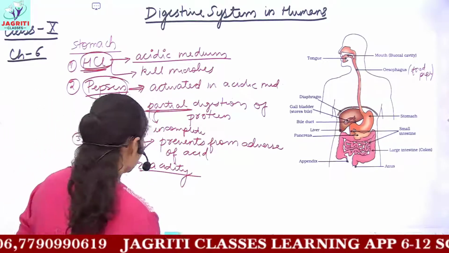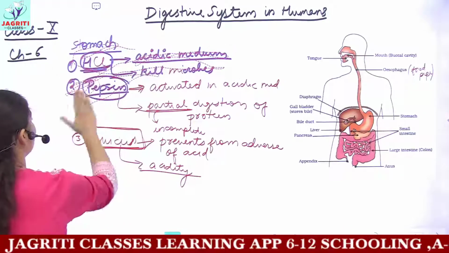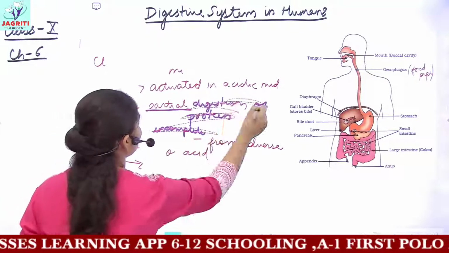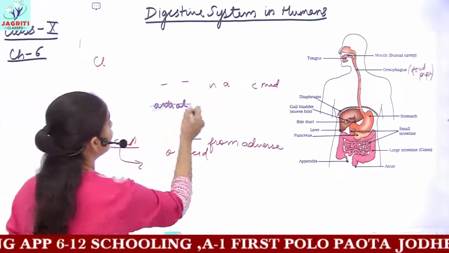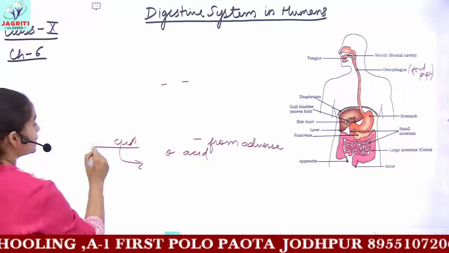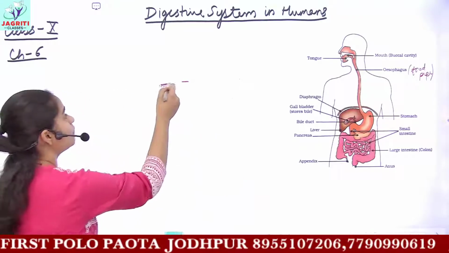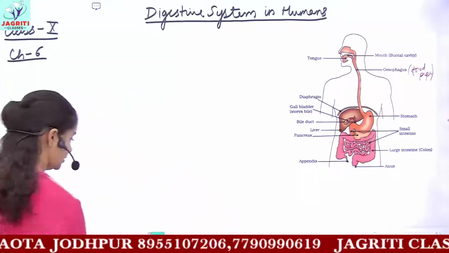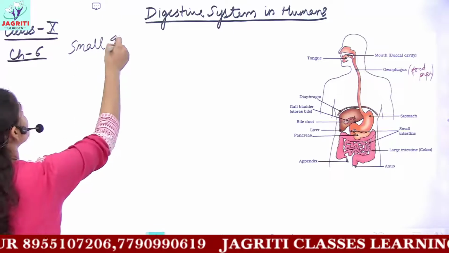Now we will be dealing with the next part of our alimentary canal, the small intestine. And remember, the entry of food from the stomach into the small intestine is caused by a sphincter. Okay, a sphincter, that is a muscular gate, you can say. The sphincter regulates the entry of food from the stomach into your small intestine. So the next part of the alimentary canal is the small intestine.